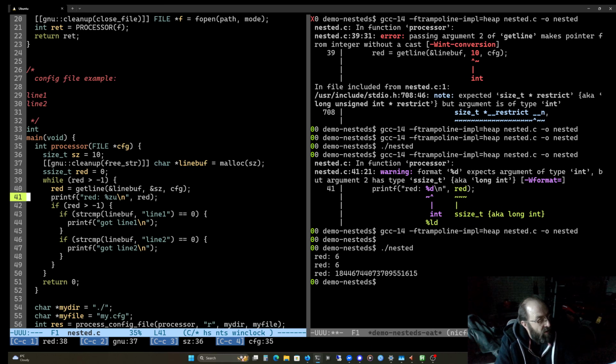Okay, that looks like there's a bit of a bug, doesn't it? Why is that? So obviously it shouldn't be that much. There's an empty line.